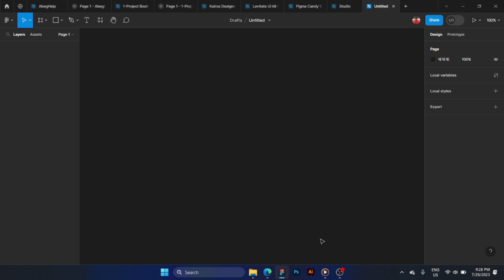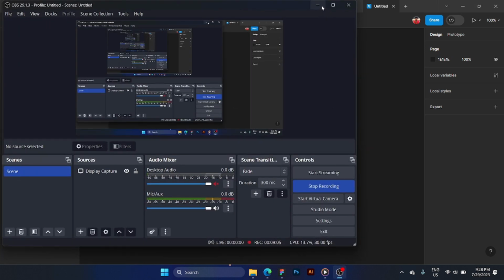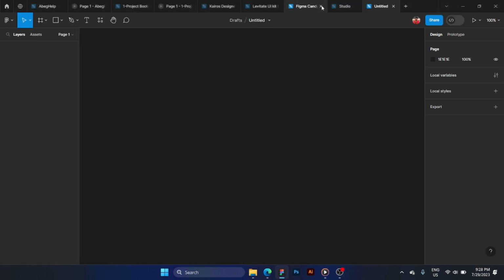So here is the interface you are going to see. These are the tools panel. This is where you can save the name of your file. And after you've created your account, this is what you are going to be seeing, showing you